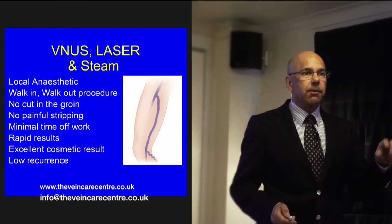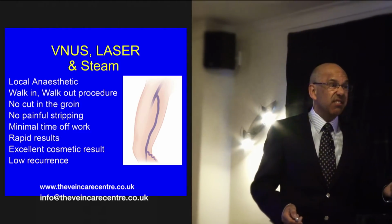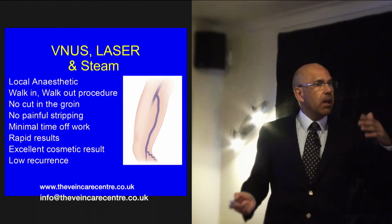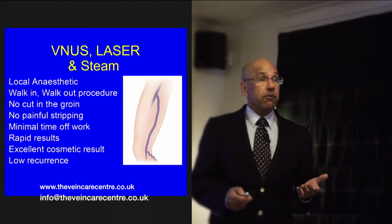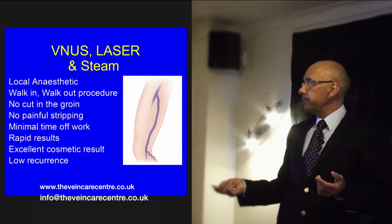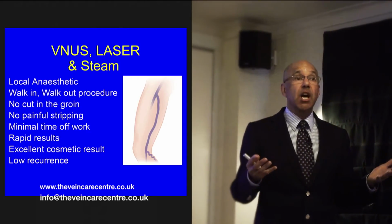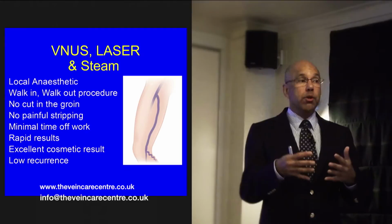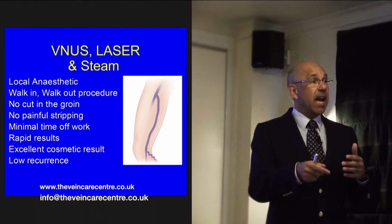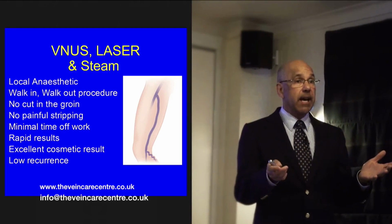You don't feel that, surprisingly. You may feel a little tickle under the skin of the thigh, but you don't tend to feel that. Once it's in position, again confirmed by ultrasound, you can numb this vein up with local anaesthetic, and you can heat the vein to a temperature at which it is closed. It's cauterized, sterilized, and devitalized, and as the catheter is withdrawn, that vein is closed all the way down,